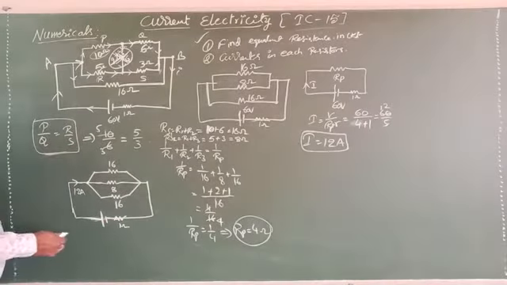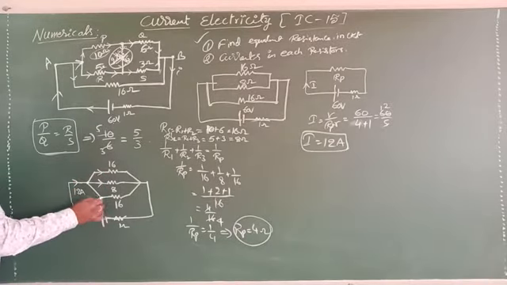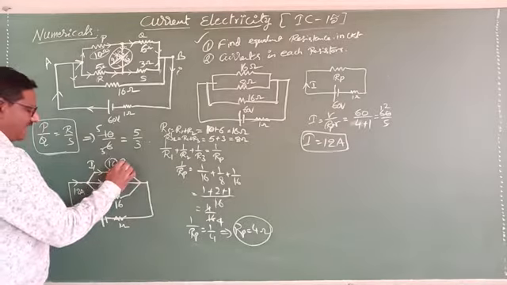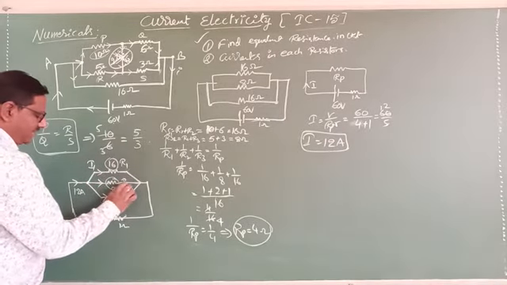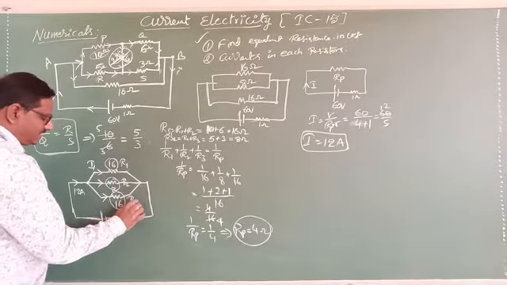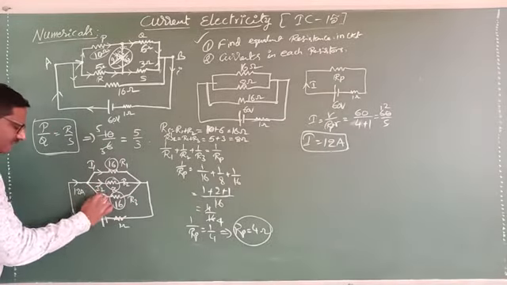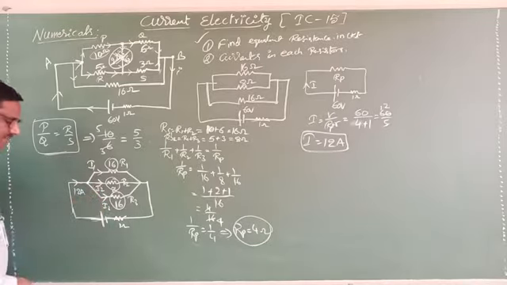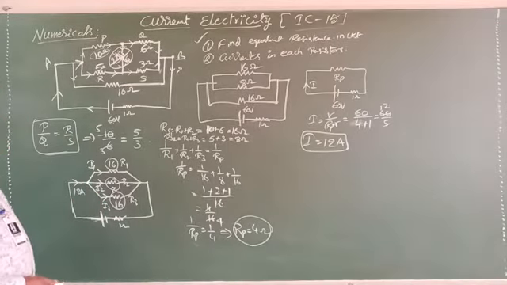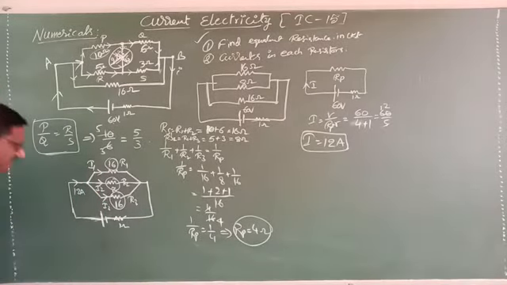Now, they are asking for the current. Here, if it is I1, feel it is R1, it is R2, and it is R3. If you take it like this, the currents will be I2 and here I3. Then only you can measure it easily. Now, measure I1. How can you measure? Previously we already discussed one shortcut formula for that.